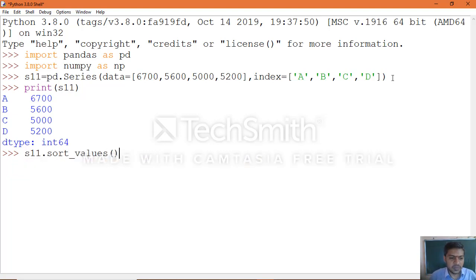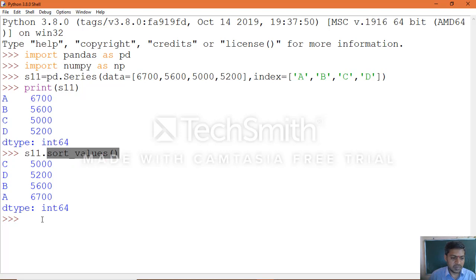Without specifying the ascending parameter, by default ascending equals True, which will display the data sorted by values in ascending order, which you can see in the second column: 5000, 5200, 5600, 6700.